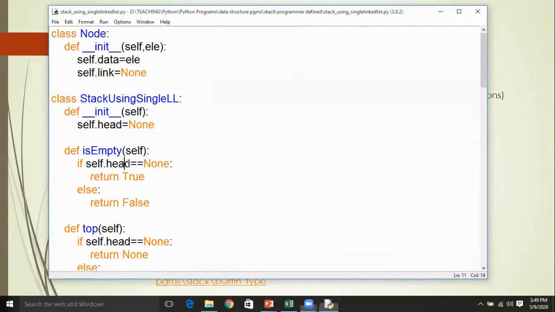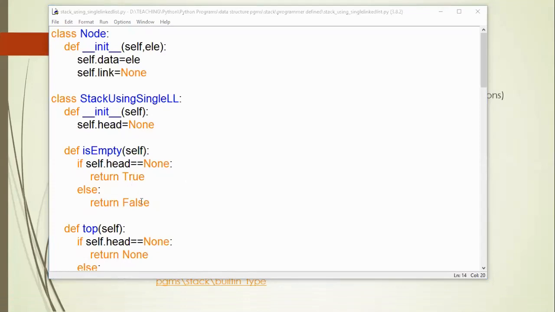So we check self.head == None, then it is going to return true, which indicates that there are no elements in the stack. Else, that means head has some address, so that is not none, so it is going to return false. That indicates that there are some elements in the stack.